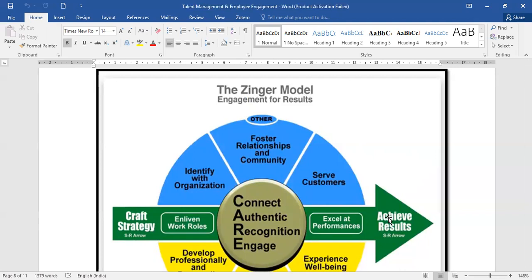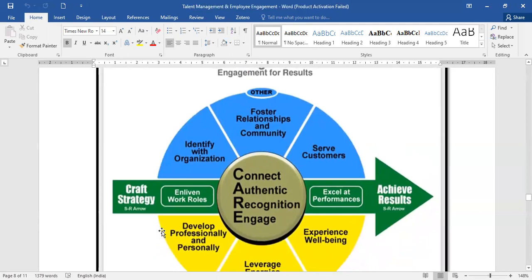Now, craft strategy, which you can see on the left hand side, indicates crafting strategies in order to achieve a higher level of engagement. Obviously, both are for a higher level of engagement. It ensures that a lot of planning is done. A lot of considerations are taken into place, and whatever requirements are needed are also considered. The managers ensure that they get some professional advice, some professional ideas, in order to understand effective craft strategies. That can be with self as well as with others.